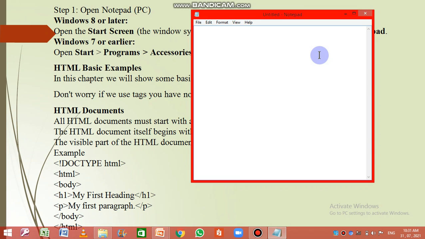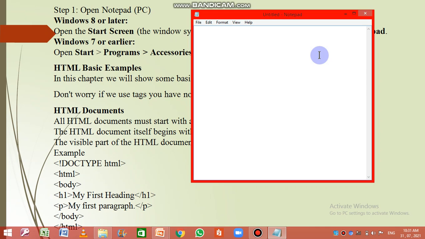Next editor, that is the text editor. You can also create an HTML document using a normal text editor like Notepad or WordPad. So in this video I am going to use Notepad for creating web pages, and it's my suggestion also, if you really want to understand or learn HTML, to use Notepad, so that each and every text you need to type manually.